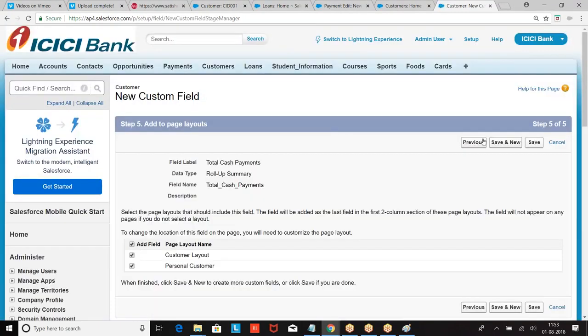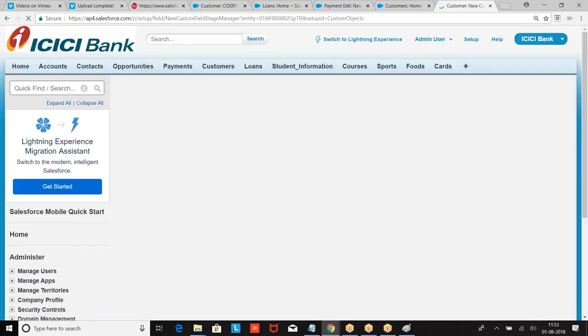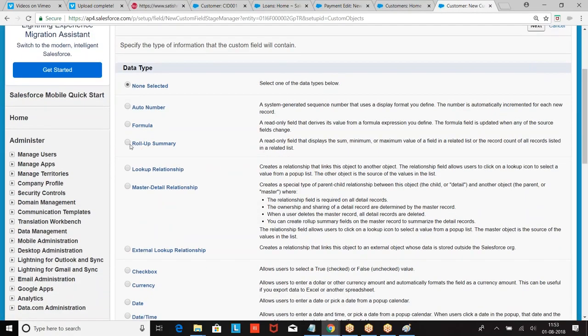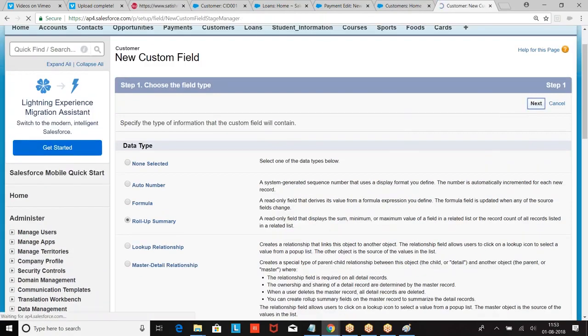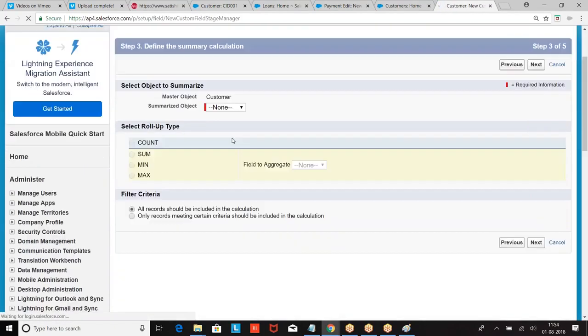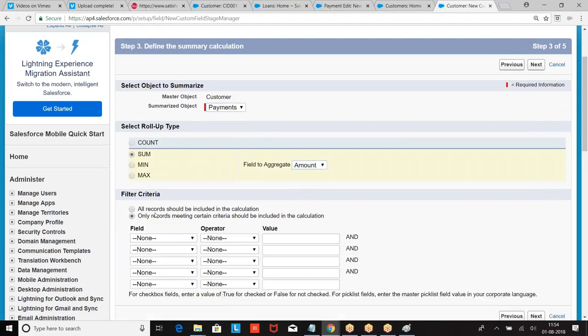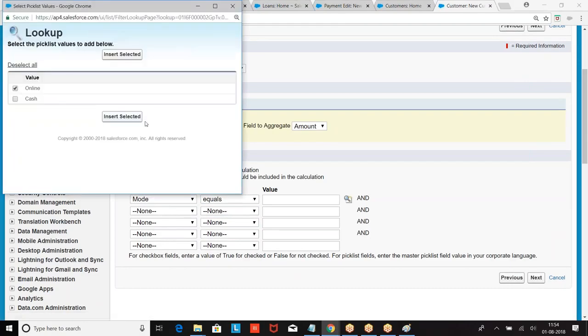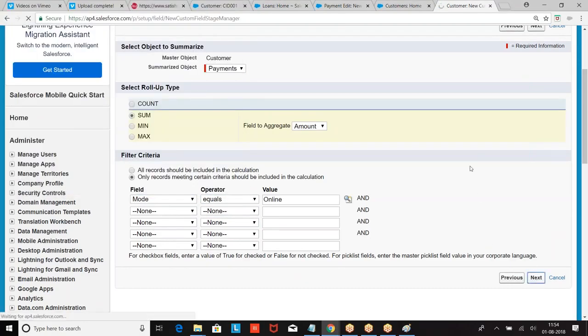Next. Now, am I including every record? No. Only those payment records whose mode is cash. Again, roll-up summary. Next. Mode equals cash. Next.